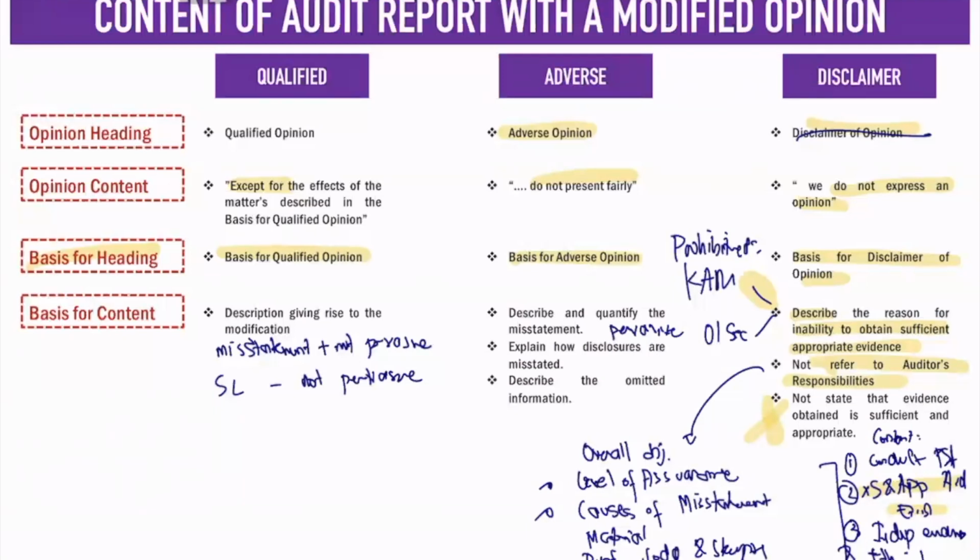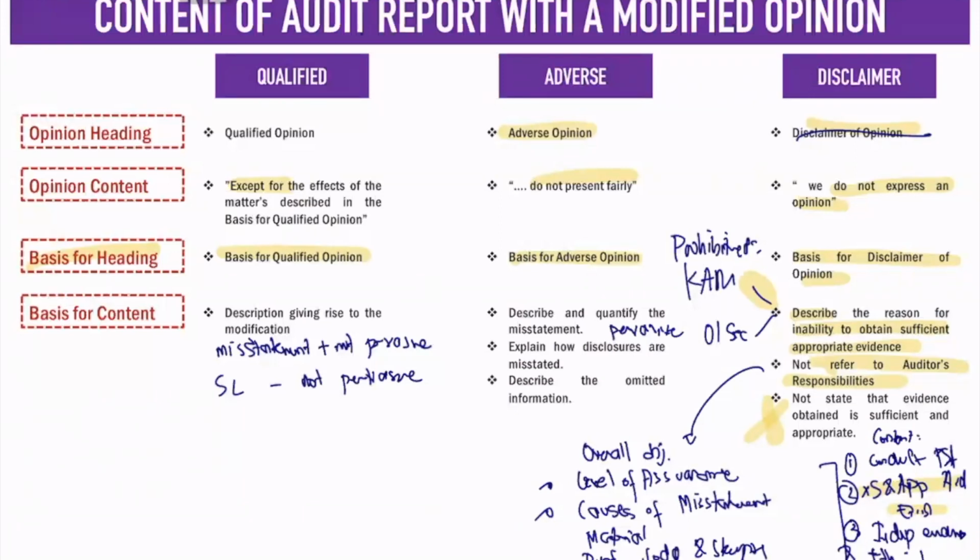In your disclaimer, in your basis for paragraph, always remember that you should describe that you were unable to obtain sufficient appropriate audit evidence. And since there's no sufficient appropriate audit evidence, you are prohibited from providing the key audit matter and